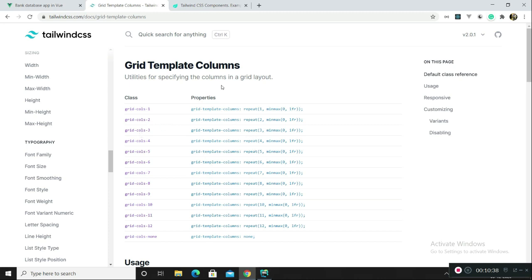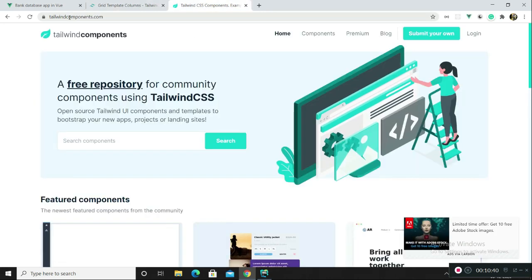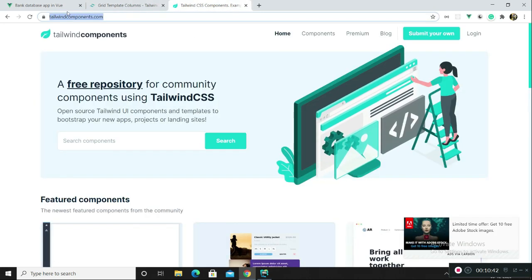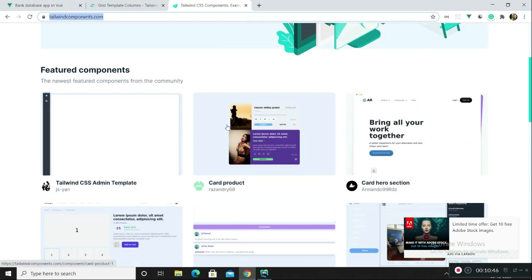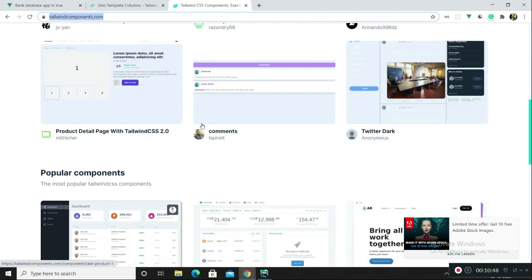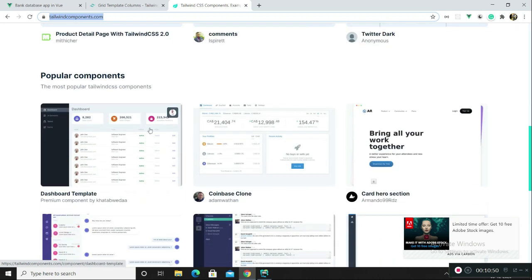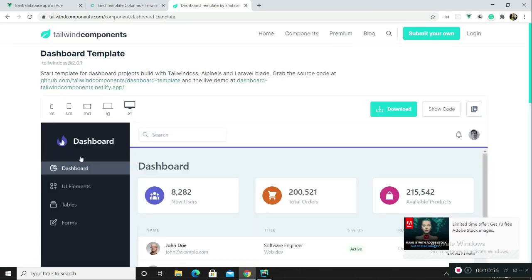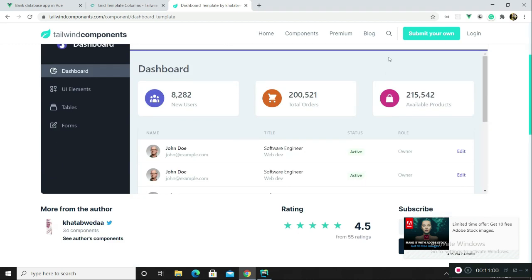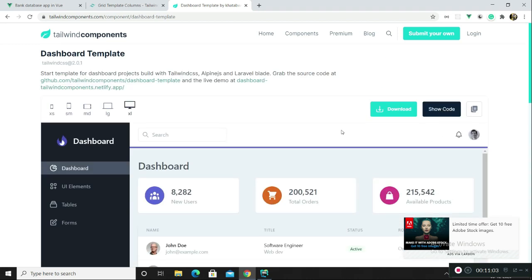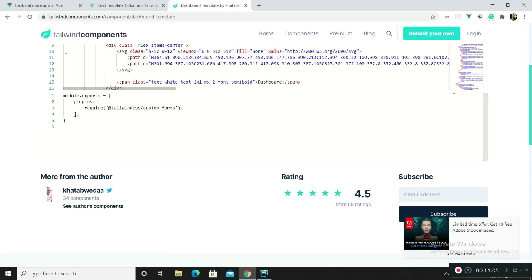Also, I just wanted to show you this useful website called tailwindcomponents.com. This offers you some open source components. Like for instance, this is a dashboard template which is created in Tailwind CSS. So a lot of this is open source, some of them are paid, but yeah, definitely a useful website if you are a fan of Tailwind CSS.